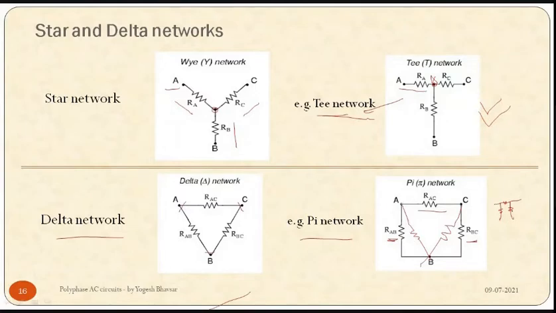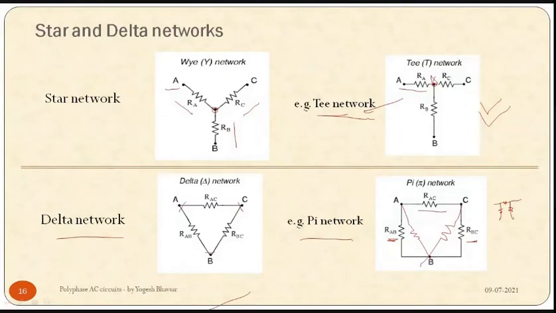Now see, as you observe, this circuit is in a square, but we can simply arrange it as a delta. Same thing. From A to B there is a resistance RAB, so we can have this square network or we can have this triangular network. Same thing, it is a delta network. So for understanding or simplification, we can just redraw this network, and then it looks like a delta network.